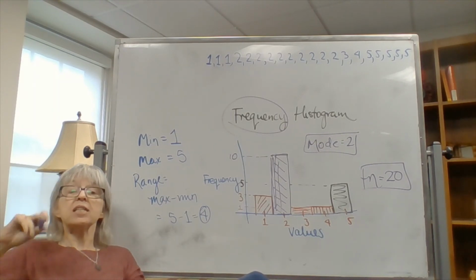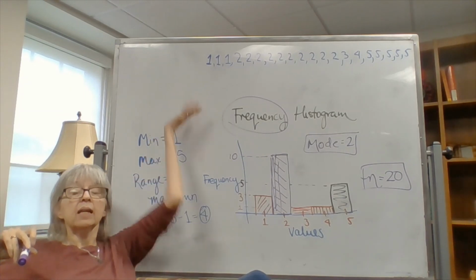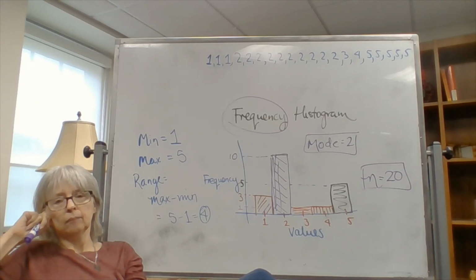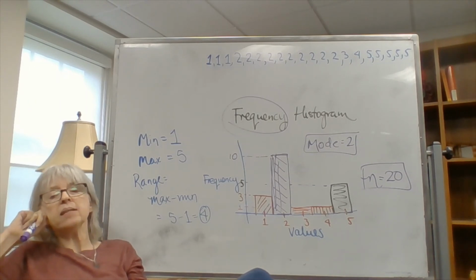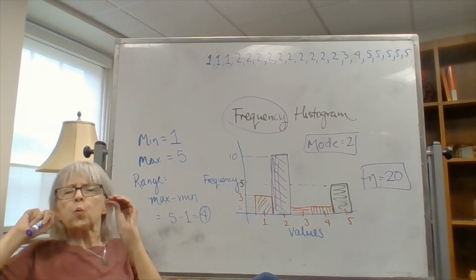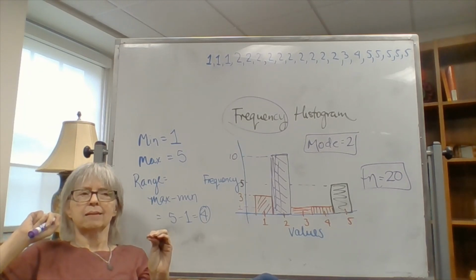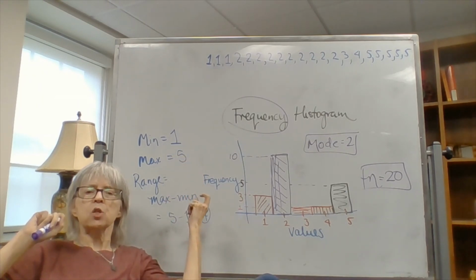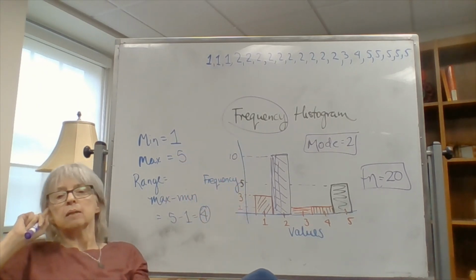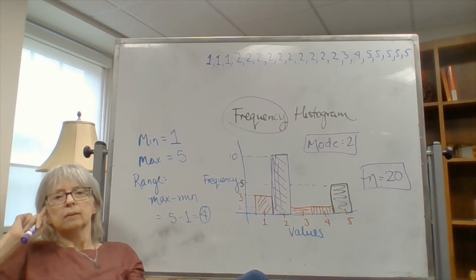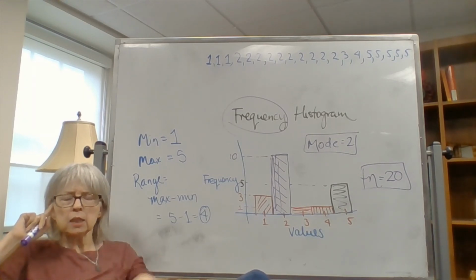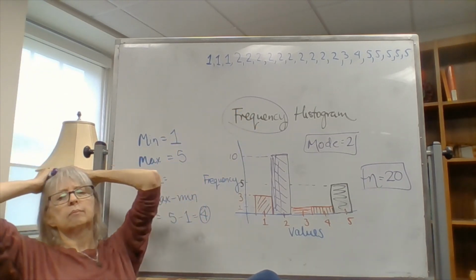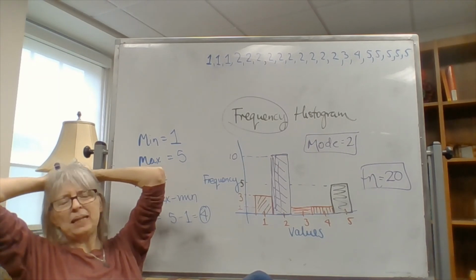And so if you decided to take your data and put it into a frequency histogram, then it should be possible for me to make really good guesses, if not perfect matches, for the min, the max, the range, the frequencies, and the mode. And if it's perfect, then I should be able to extract all the data values or estimate them,